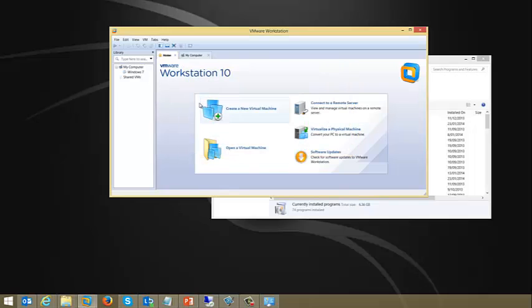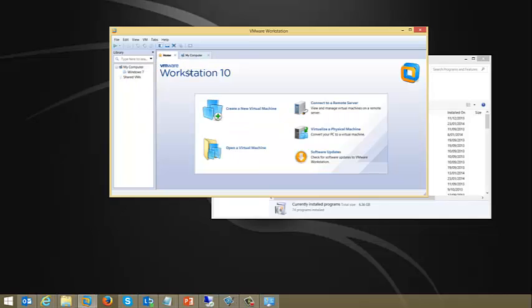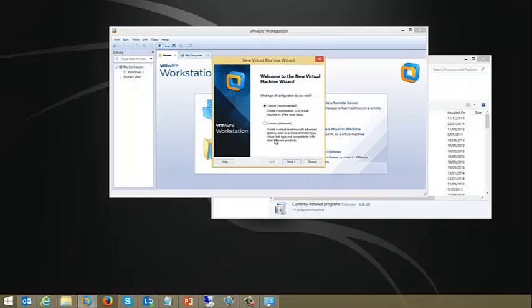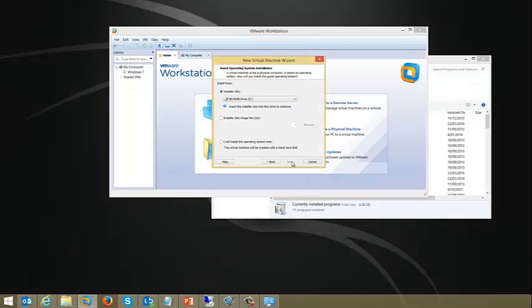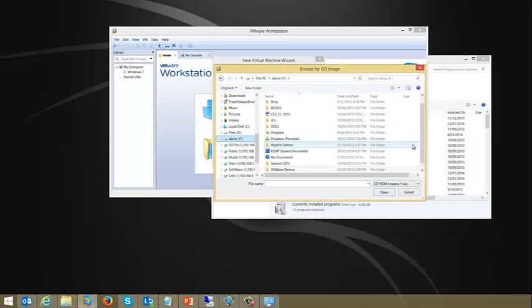So with VMware, it's very similar. You go to the VMware console, you just click create a new virtual machine. From there you go to typical. From there you can either select an installation disk or an ISO file or the disk data. Remember, that's exactly what I did. You can just go and select the file location. In this case I go to my